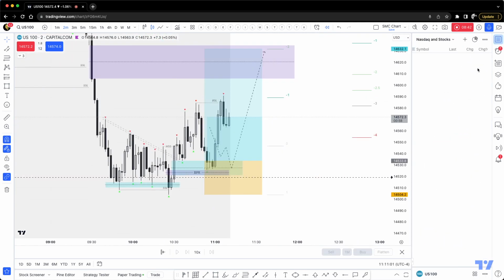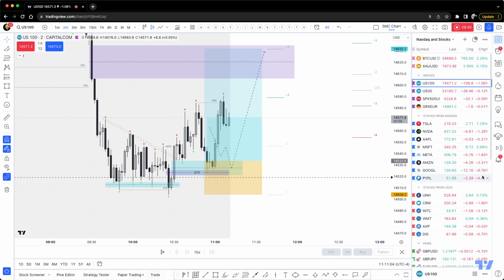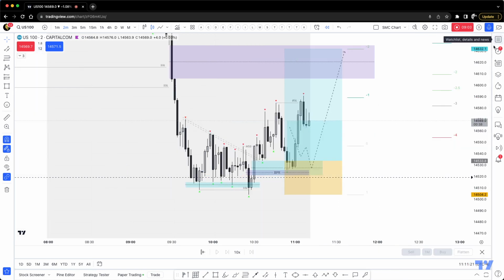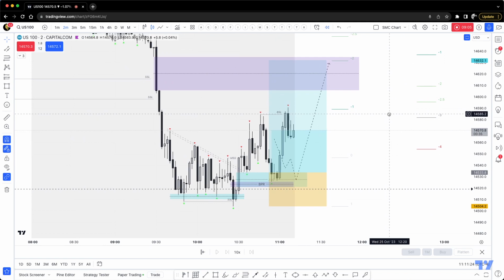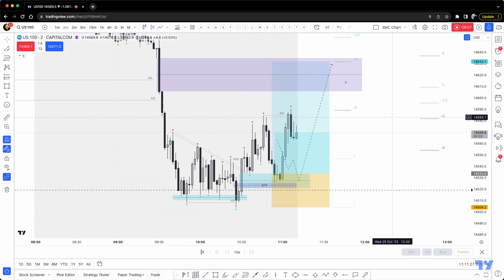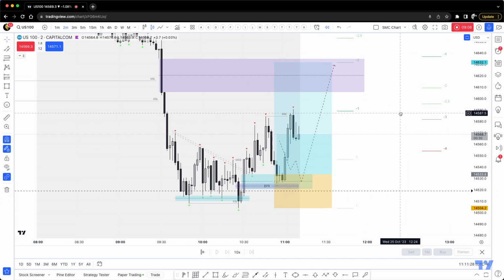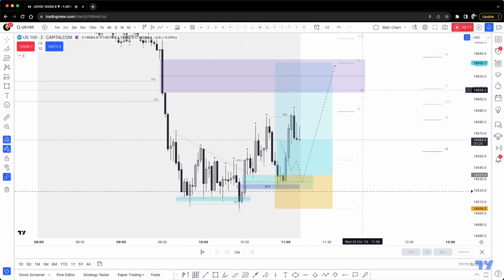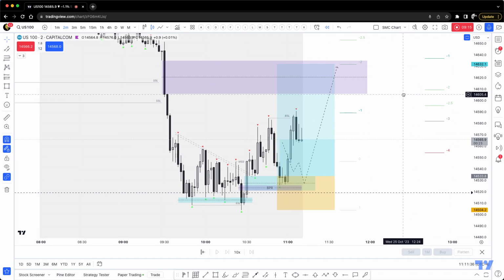Having in mind that stocks today had a big drop, 8% down on Google so far, 4% PayPal, 3% Amazon. I don't know if they were maybe reporting earnings, not quite sure, but this is a huge tank on Google. So this is why pretty much we had a drop, and now it's giving the opportunity to buy. And this is currently live. This is currently moving, so I'm not sure if it's going to play out. What I do know is that I did not get into this trade. I'm more than satisfied already with what I took. And just from here, just monitoring.